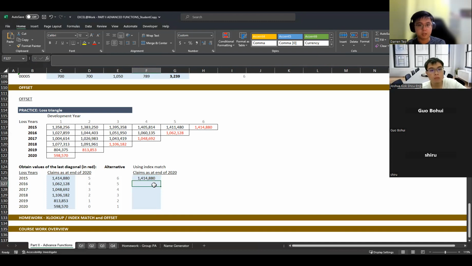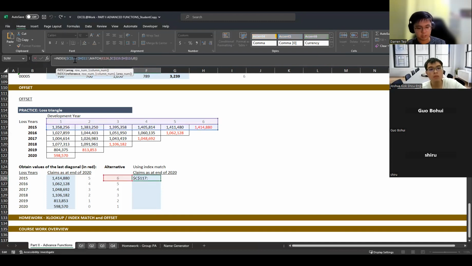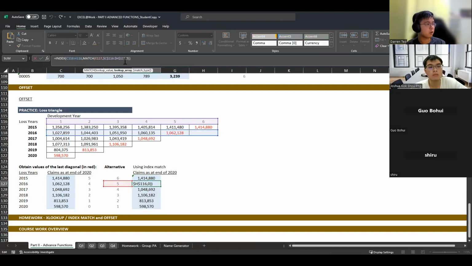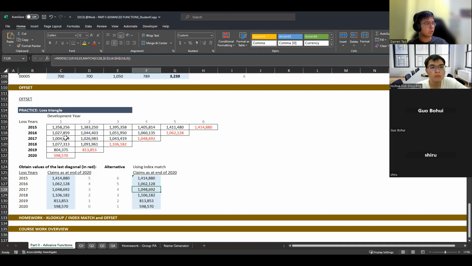Oh, because I locked the thing, right? I shouldn't be locking this because this should be moving downwards as I'm moving down, right? So I wouldn't lock this. Then I'll just drag this down and it will give me the same answer as this, right? Because you see that as I go down, I'm searching down the rows. And this will give me the output that I want, right? If I go down, I'm looking at column 5. If I go down, I'm looking at column 4, and so on and so forth, 3 and 2 and 1. That's how essentially we are doing this. Okay?